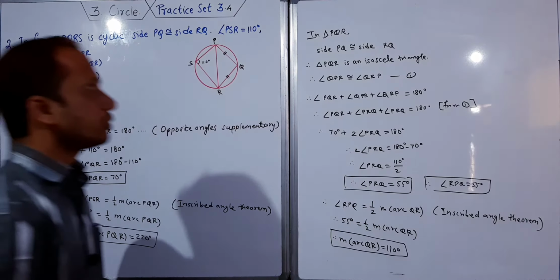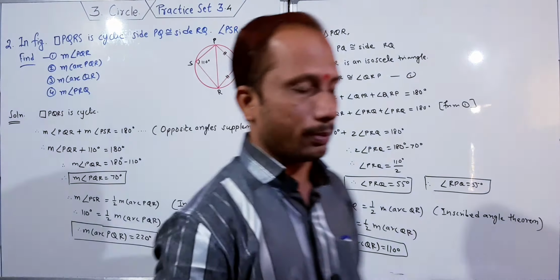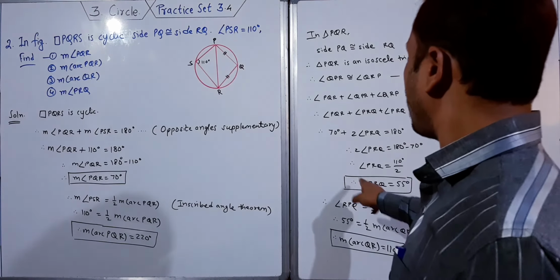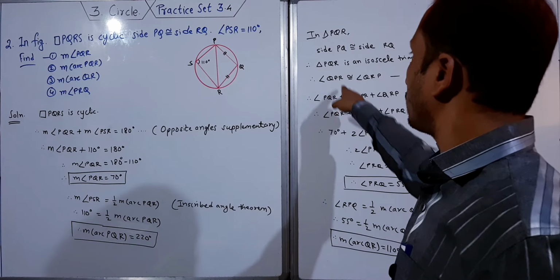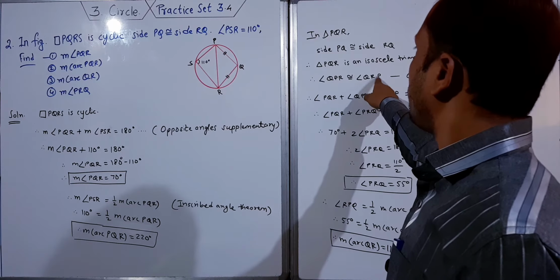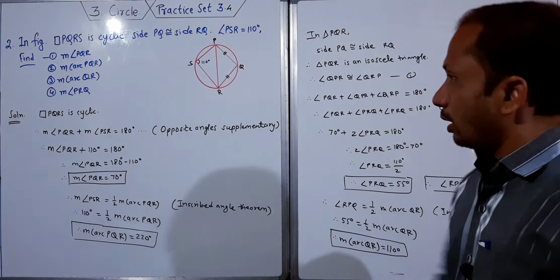So in this way we have to solve this. Only in some steps I have just written these names in reverse pattern. You just change that. Start from P: this is RPQ you take, and this is PRQ you take. Just reverse the names. I have taken that, and in this way you have to solve this.